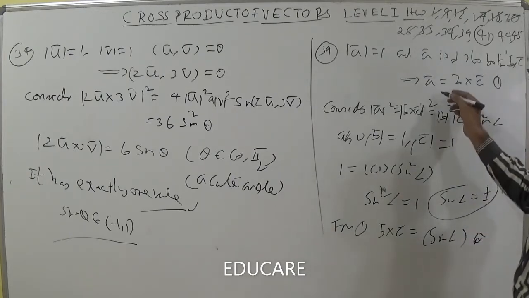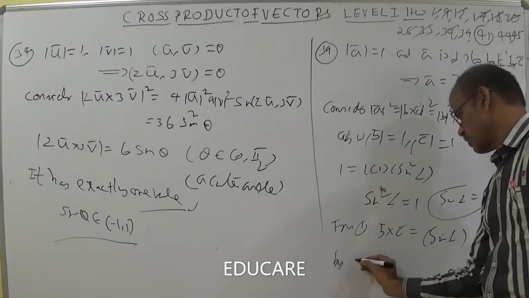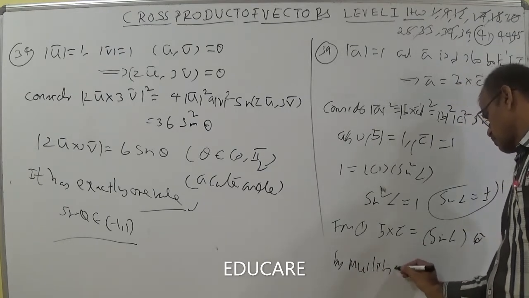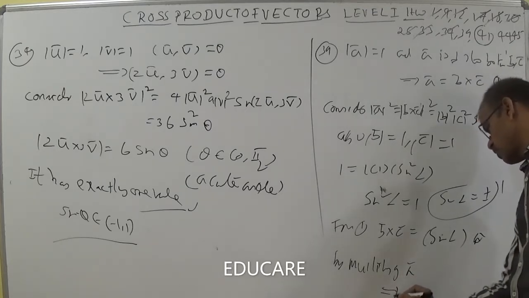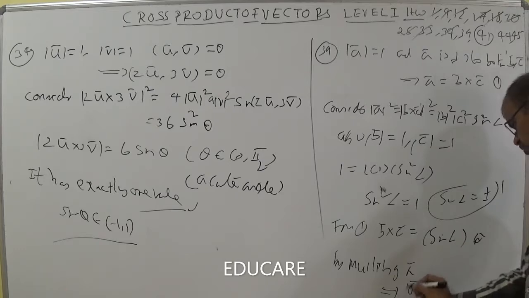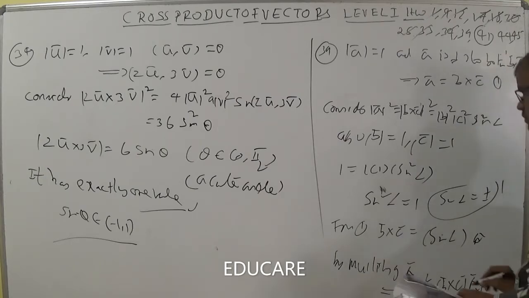If you multiply with A bar dot A bar, then you can write, from 1, by multiplying A bar, that implies A bar dot A bar. So simply taking modulus, A bar dot A bar, so mod A square you can understand. Mod A square is equal to B cross C into mod A bar, simply A bar. So you can write here the value we got, sin alpha. So plus or minus sin alpha into A bar.